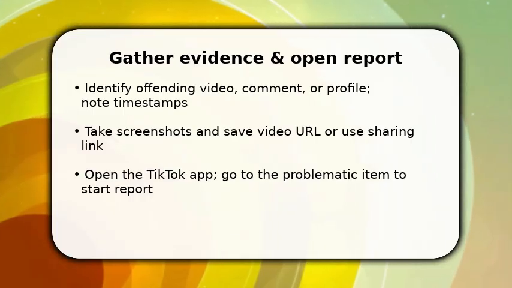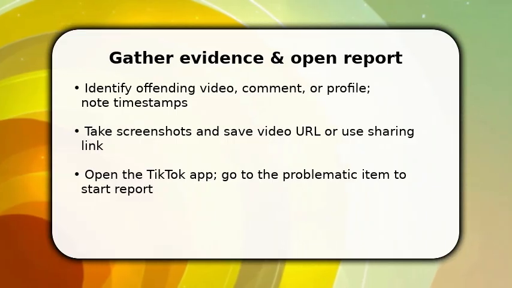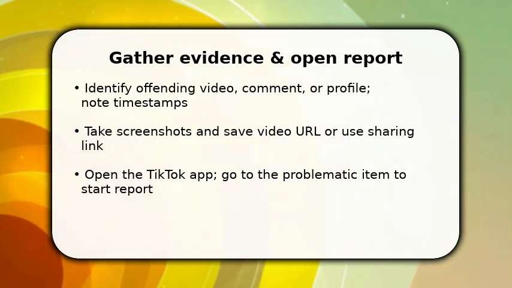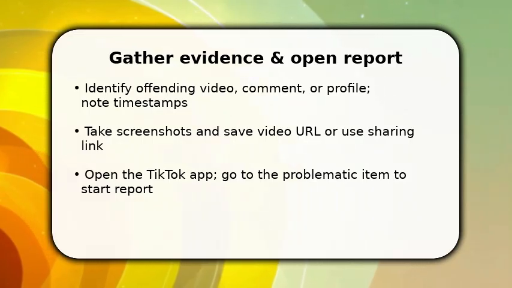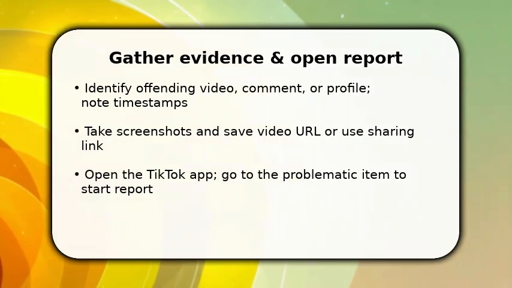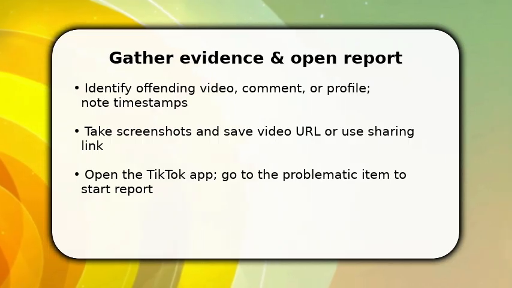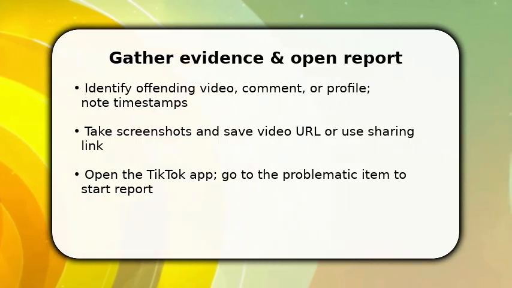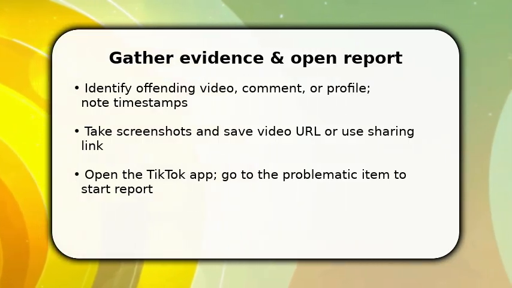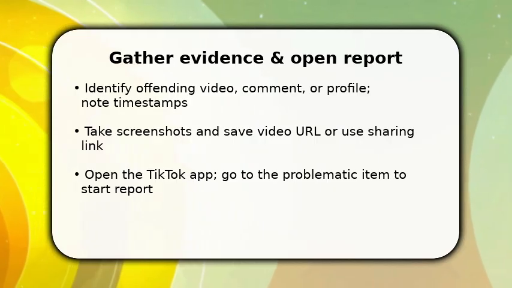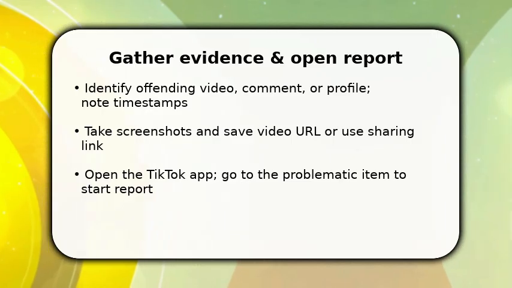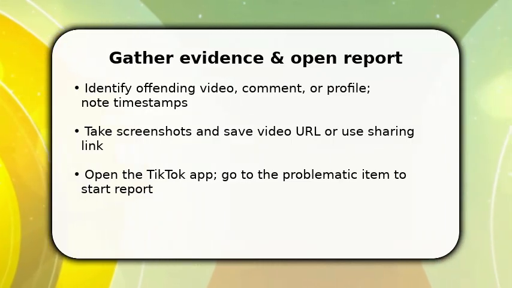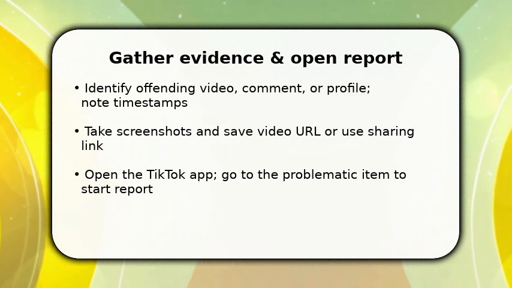You start by collecting proof. Screenshot the content, copy the video link, and note the timestamp where the violation occurs. Once done, open the TikTok app and navigate directly to the offending video, comment, or profile so you don't lose context. Make sure to tap the share arrow or long press the item to reveal the report option. This immediate action preserves details and speeds the report process, while you prepare to describe what specific privacy rule was